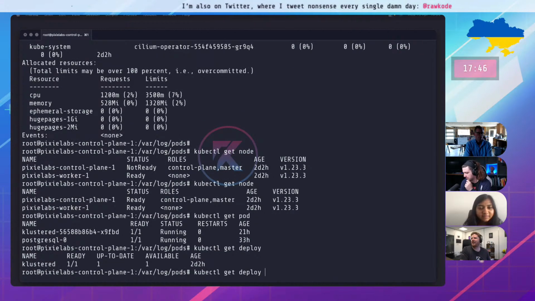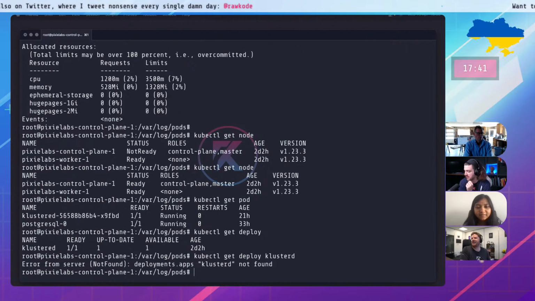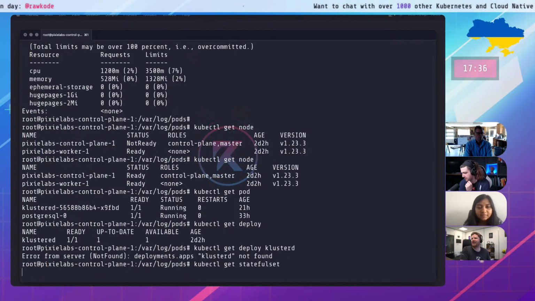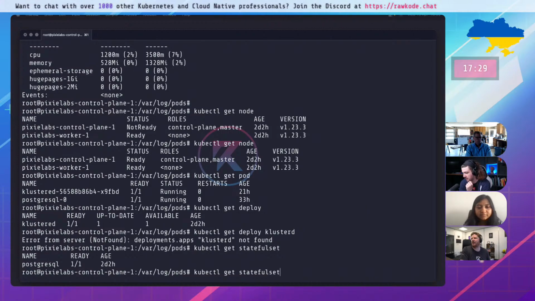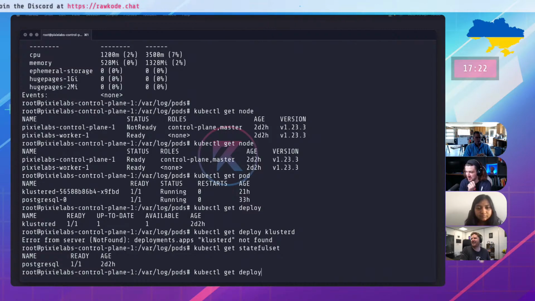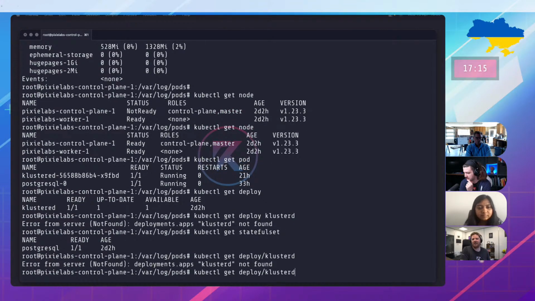Flies looks good. Could you check the stateful set? There should be a database in the stateful set. Looks good. You're going to have to run get pods now, put us all out of misery. Yeah. It's clustered.